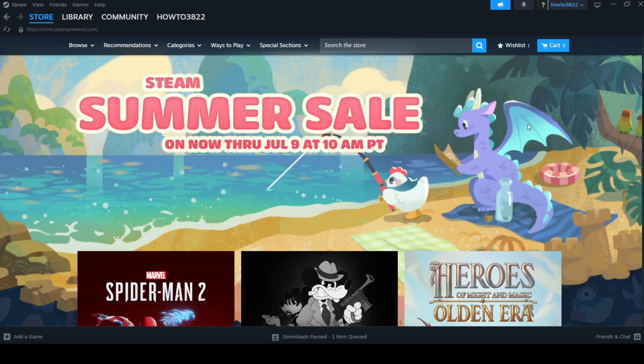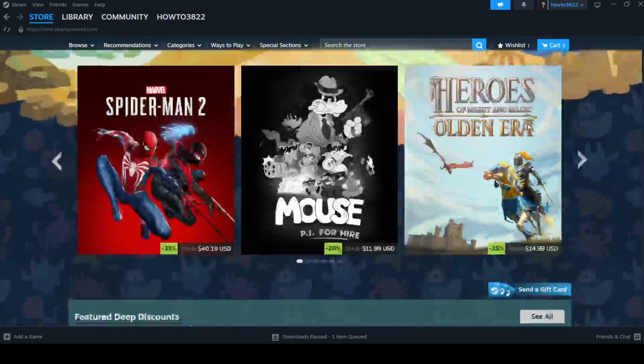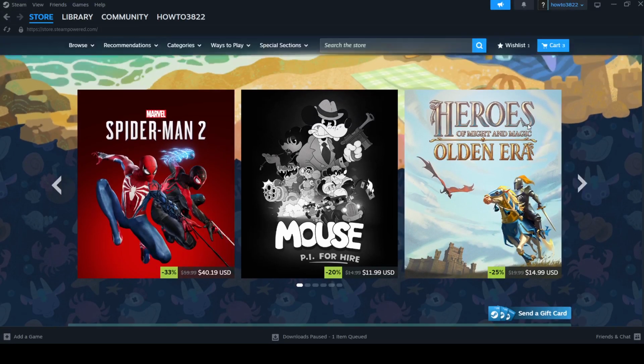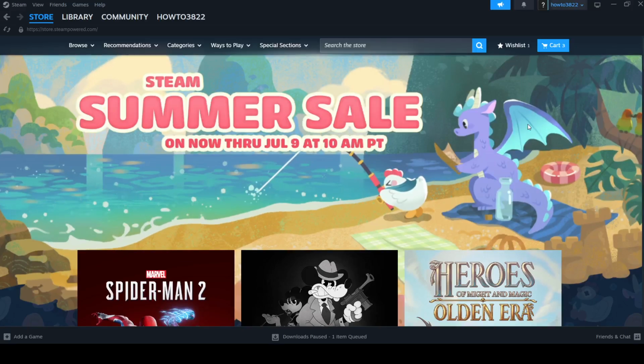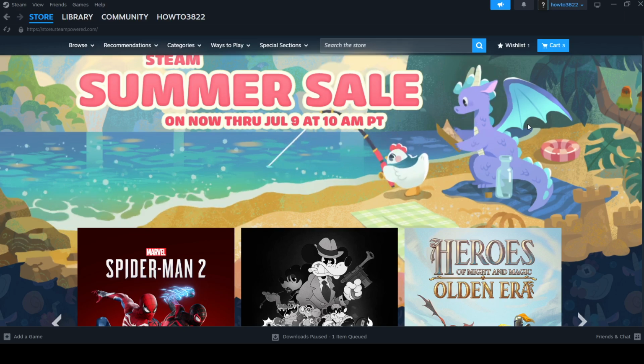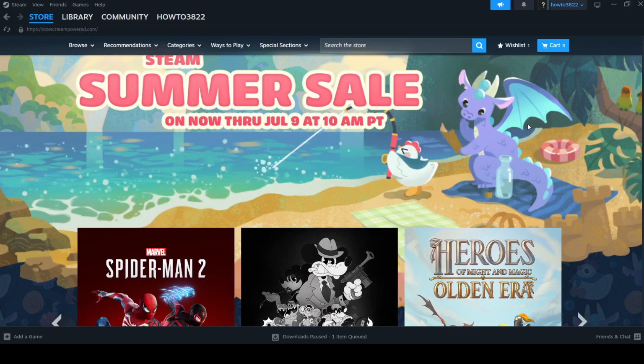When prompted, enter your account name and password carefully. Taking a few extra seconds to verify that your login details are correct can help you avoid unnecessary sign-in issues. Once everything looks good, click Sign In to access your Steam account. After the login process is complete, you'll arrive at the Steam homepage, where you can access your store, community, and